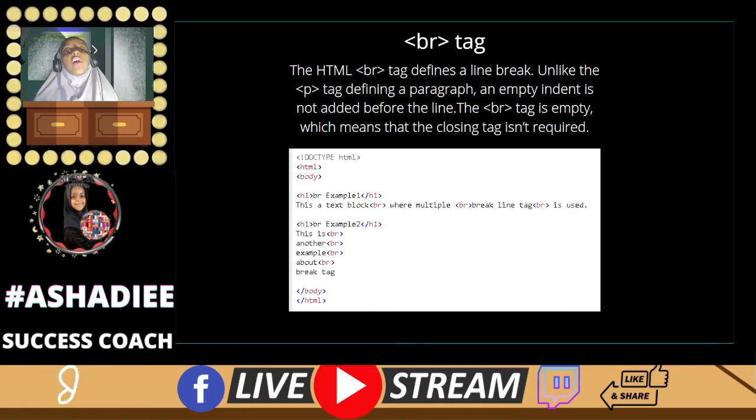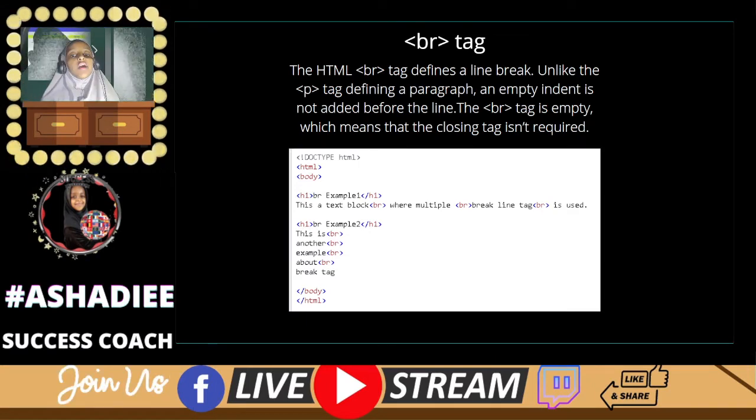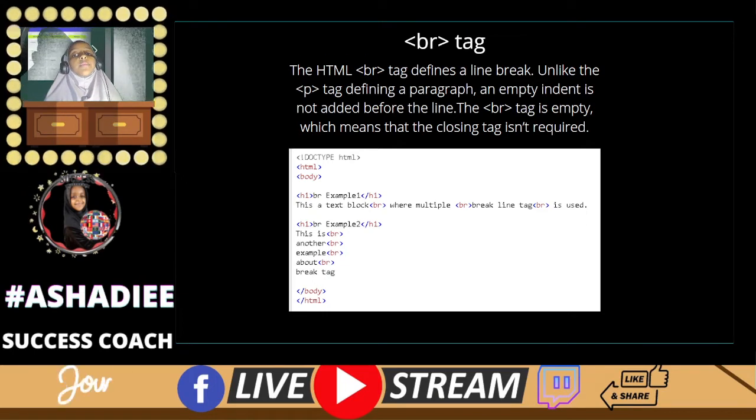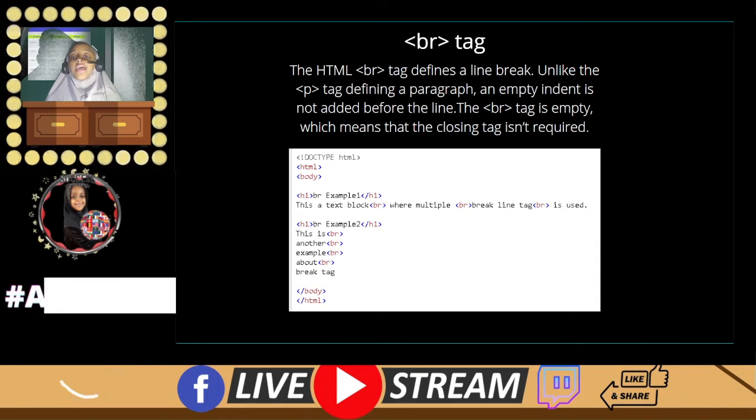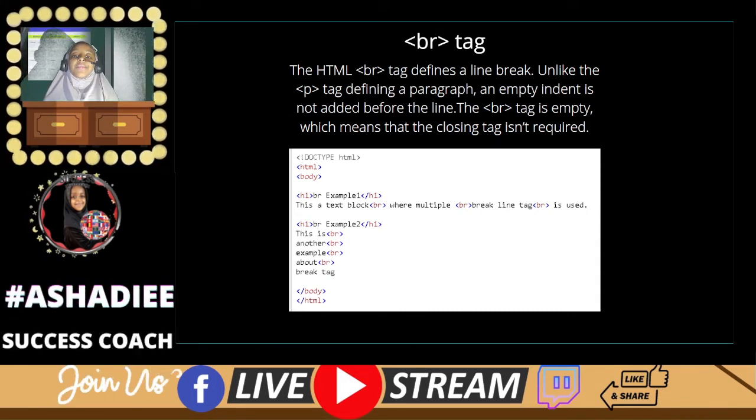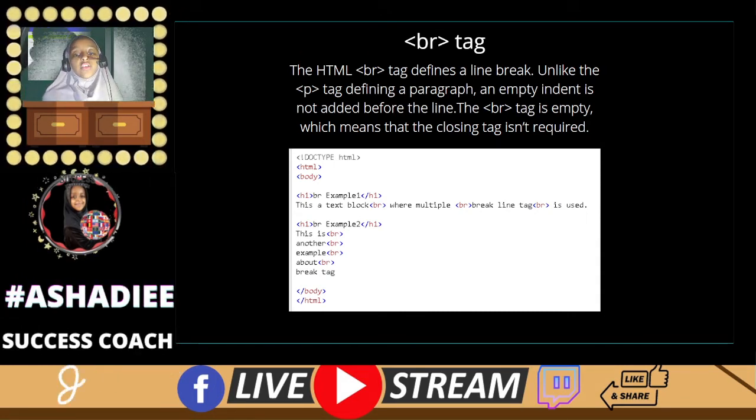BR tag. The HTML BR tag defines a line break. Unlike the P tag defining a paragraph, an empty indent is not added before the line. The BR tag is empty, which means that the closing tag isn't required. And you can see